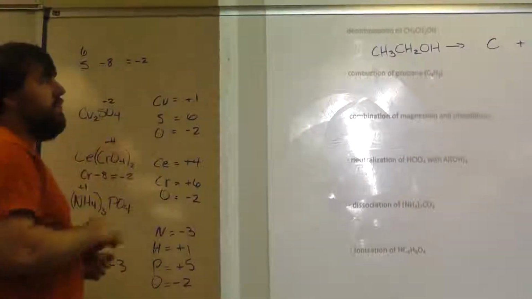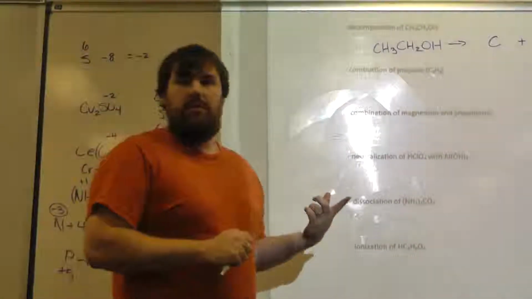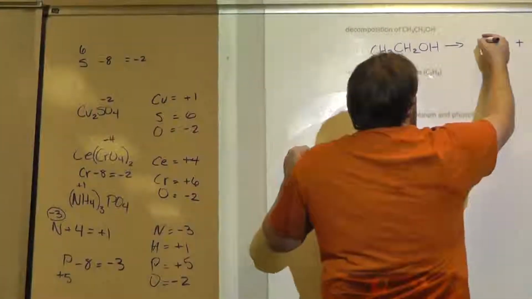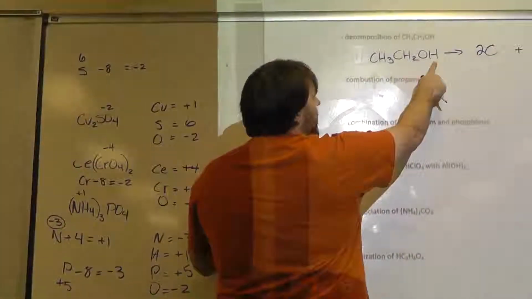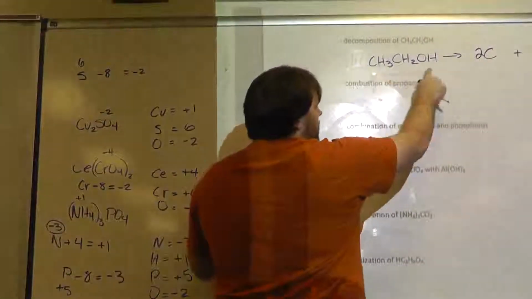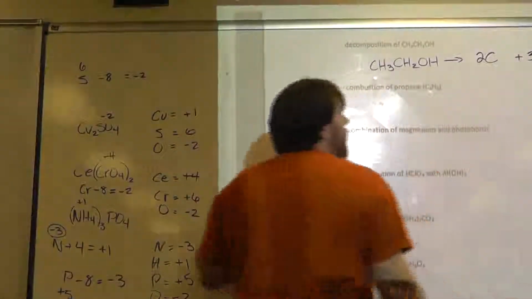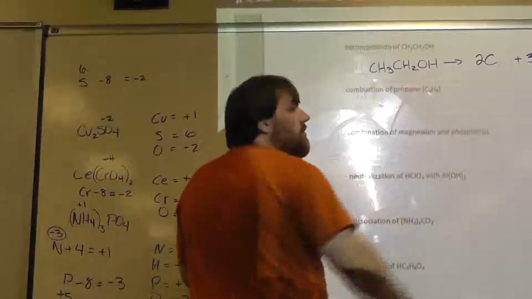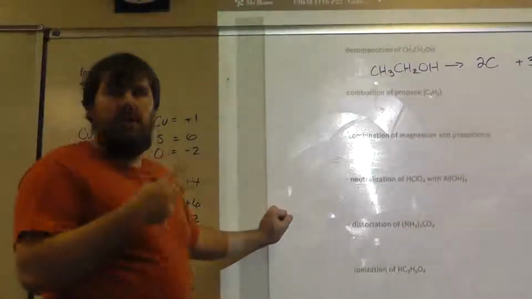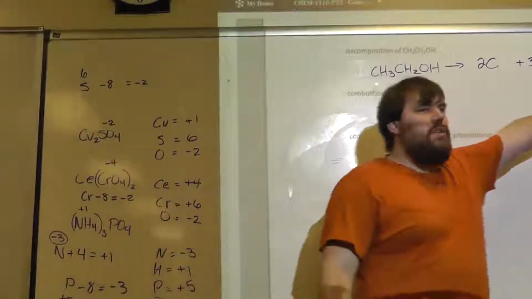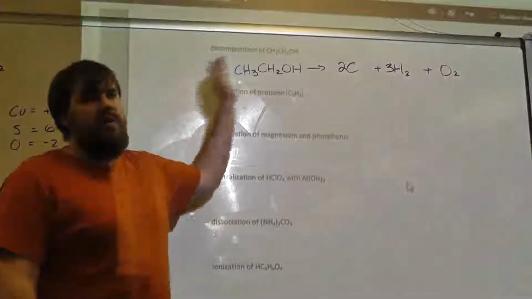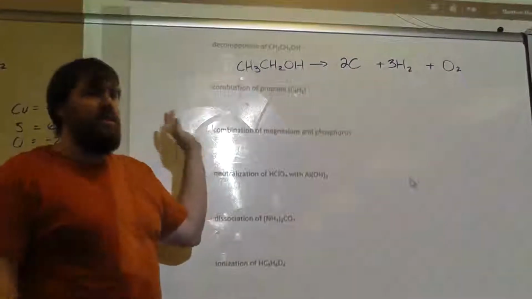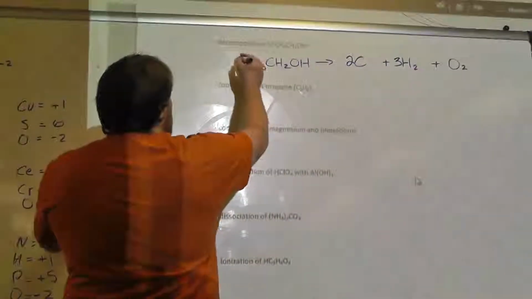Once we know what pieces we're breaking it down into, we need to balance this. Okay? This side's got 2 carbons. We need a 2 here in front of that carbon. This side's got 6 hydrogens. So we need a 3 here. Now this side's only got 1 oxygen. Now, there's 2 ways you can do this. You either see that there's 2 there and you really need half of that, or you can go back through and multiply everything by 2. Whichever way is easier for you to see it, okay? Because if I put a 2 in front of this,